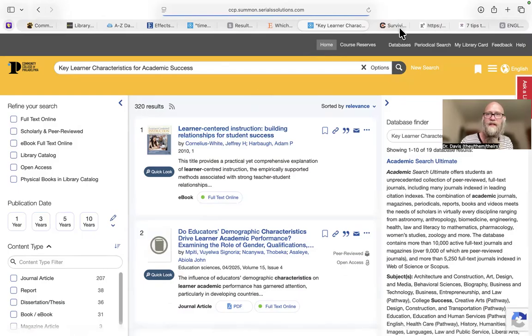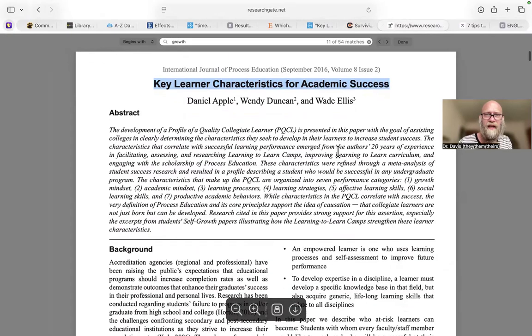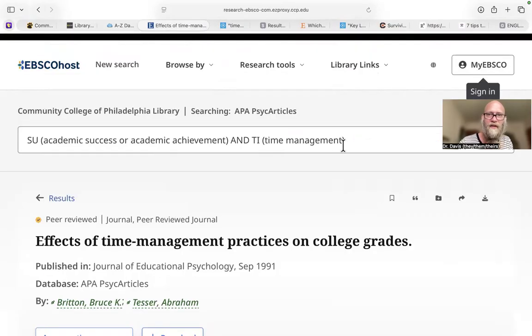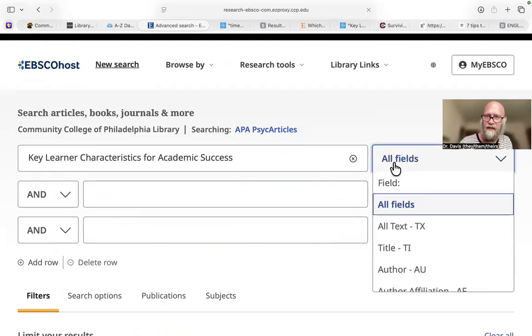Nope, that's not the same source. We cannot. That's okay. It's a good online source. International Journal of Process. You know what I bet? I wonder. I'm gonna try something. EBSCO. Do we have EBSCO open? Yes, we do. Let's try another search and see if it's in EBSCOhost. And change this to title.